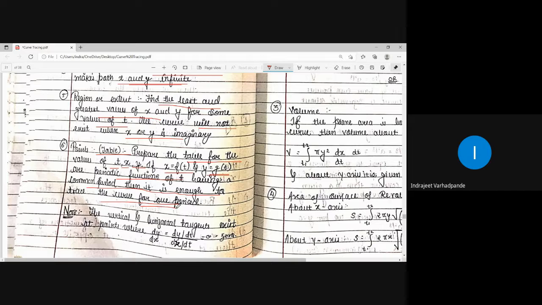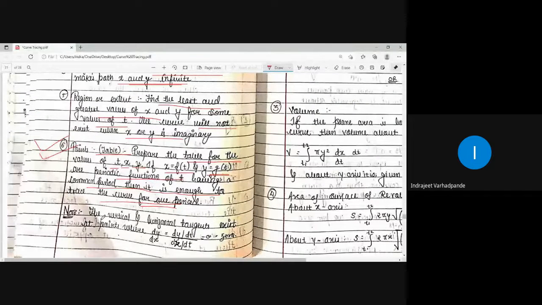Why are they saying so? Because whatever the particular range of a given period, beyond that period or range the values will be repeated for that particular curve or variable. So it is advisable that if you identify that the given variable is a periodic function, always take the region or extent till that particular range, because after that the values are going to be repeated and there will be no point unnecessarily drawing it in the same manner.